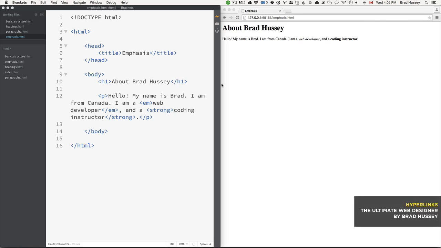Okay, we're going to learn a little bit about hyperlinks, also known as links in HTML. This is also an HTML tag which lets you link to different web pages on the internet or within your own website. So I'm going to go ahead and create a new file here in our HTML folder and call it, you guessed it,